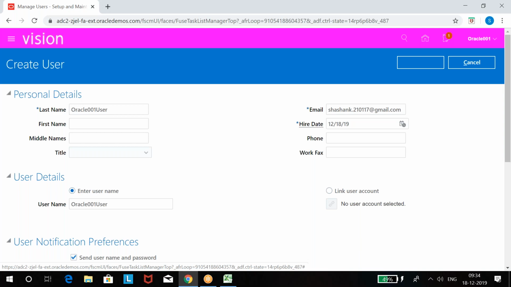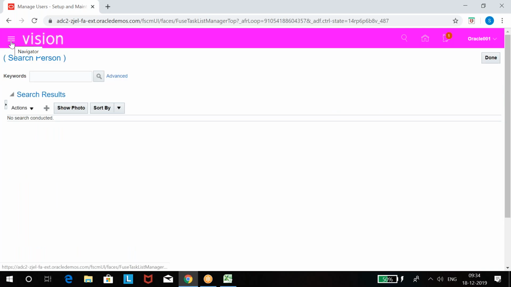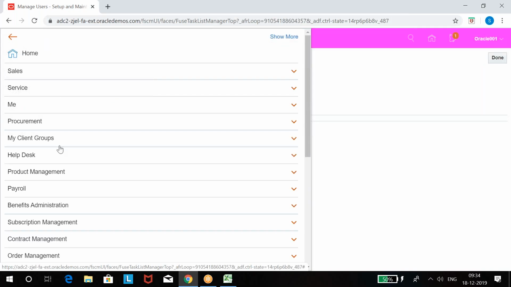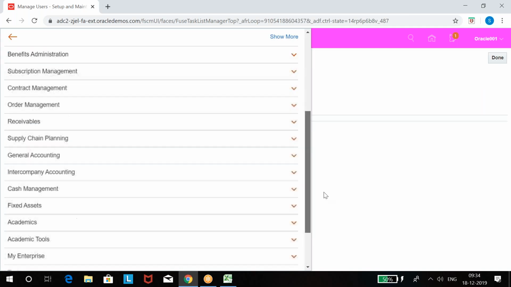Now this employee user needs roles, job roles. This employee user doesn't have any job roles, right? So we need to assign job roles to this employee user. If you want to see that employee user, you can go to security console. You can also see from here. See, we have created the employee user, but did we provide any password to that employee user? No, right? We have not provided.